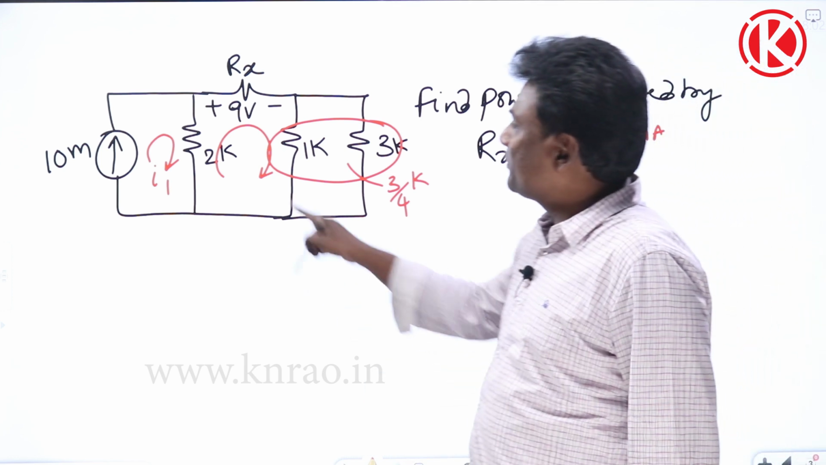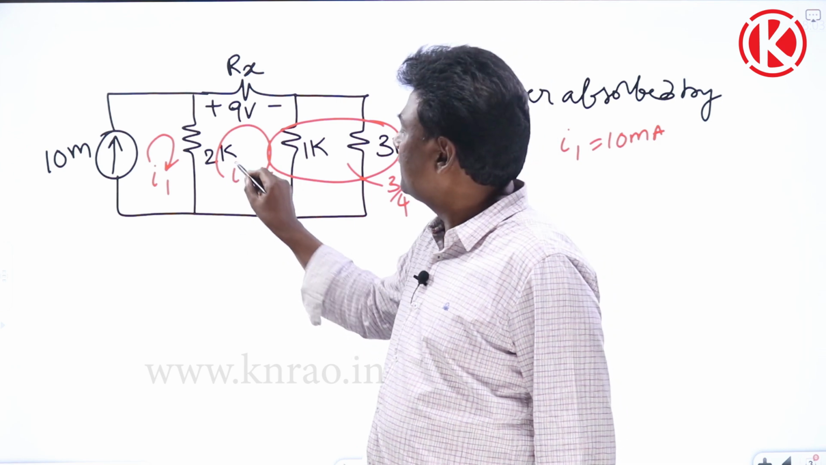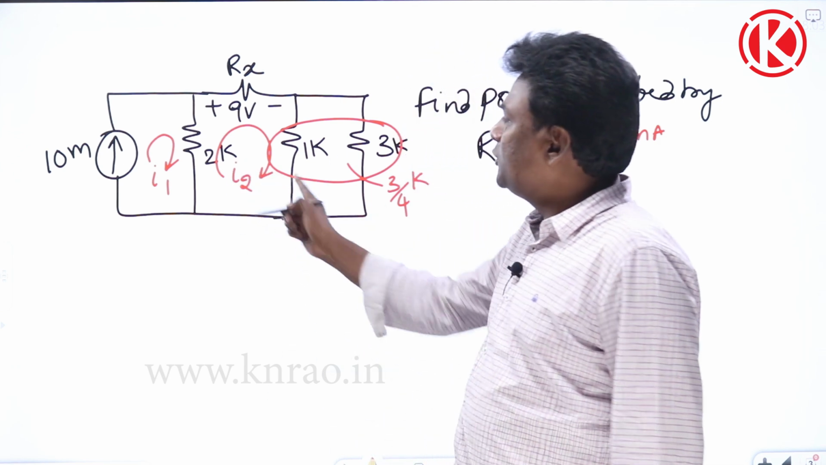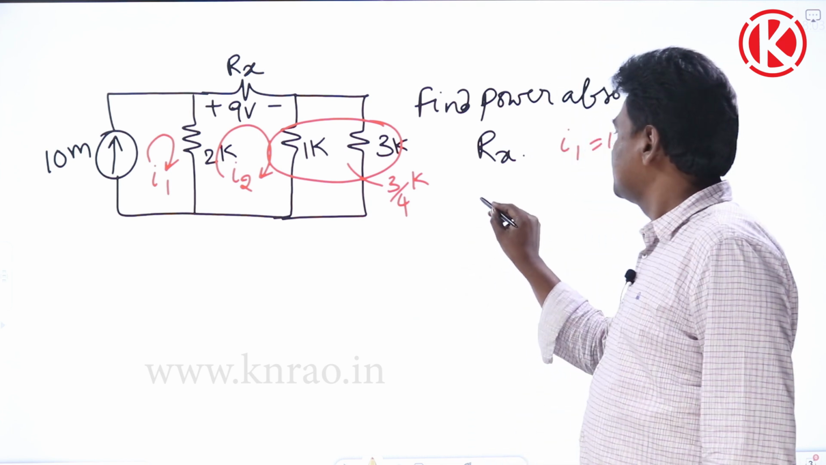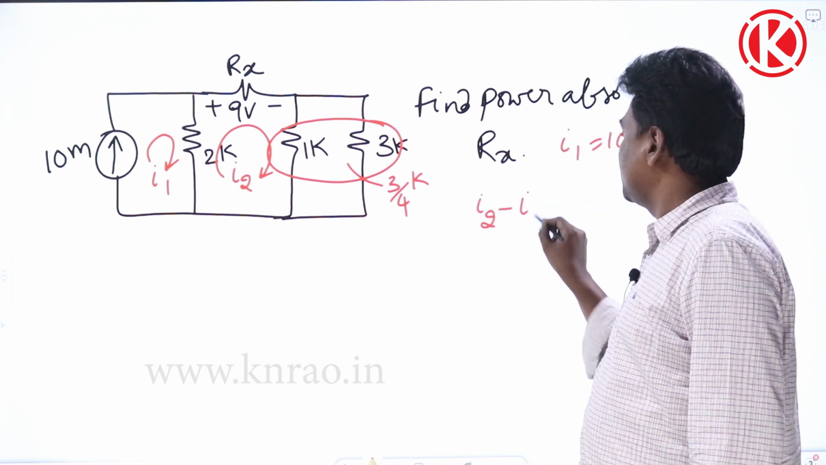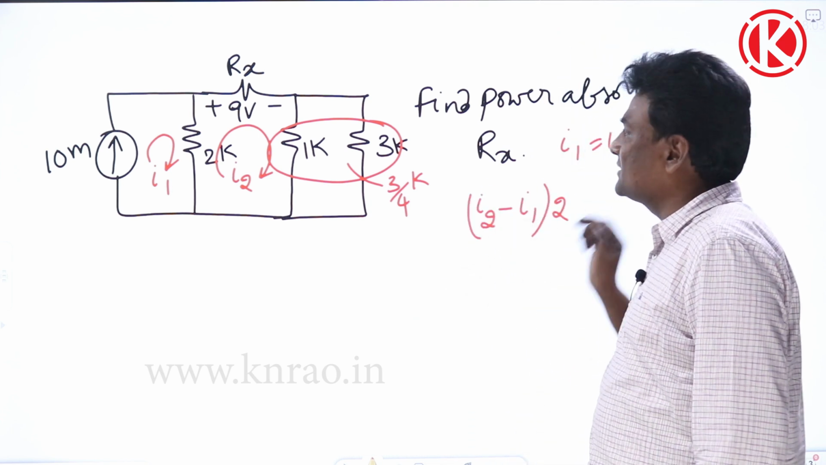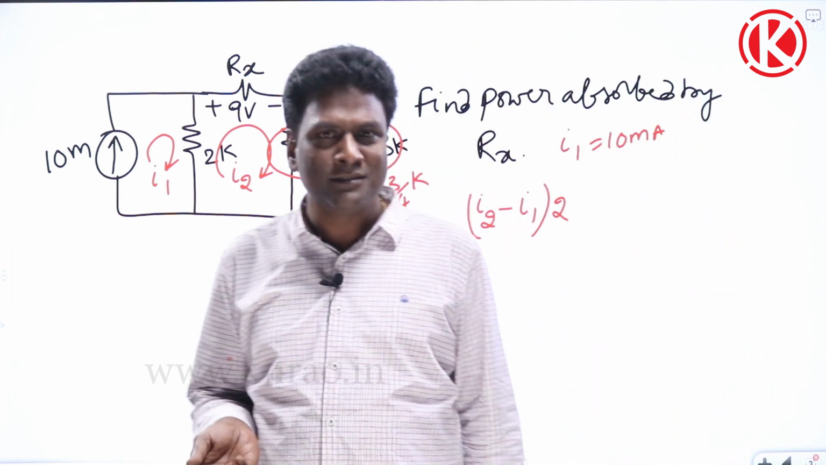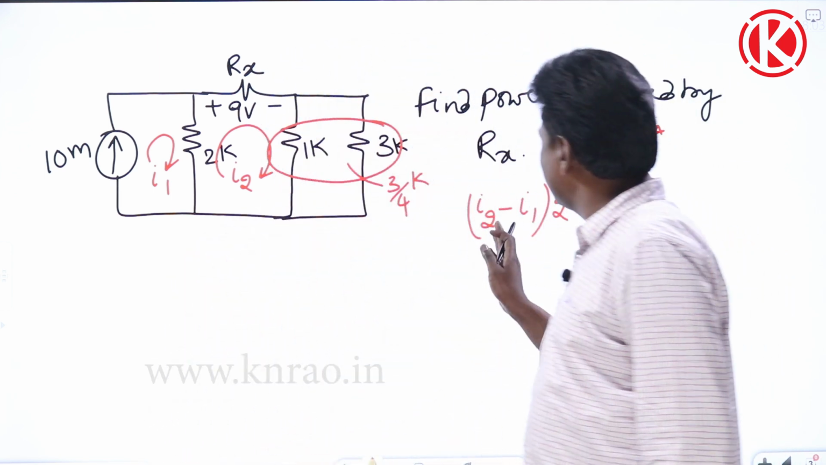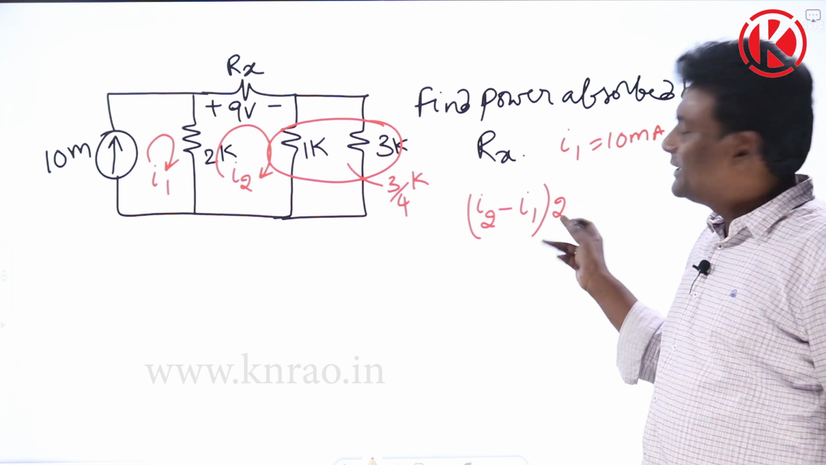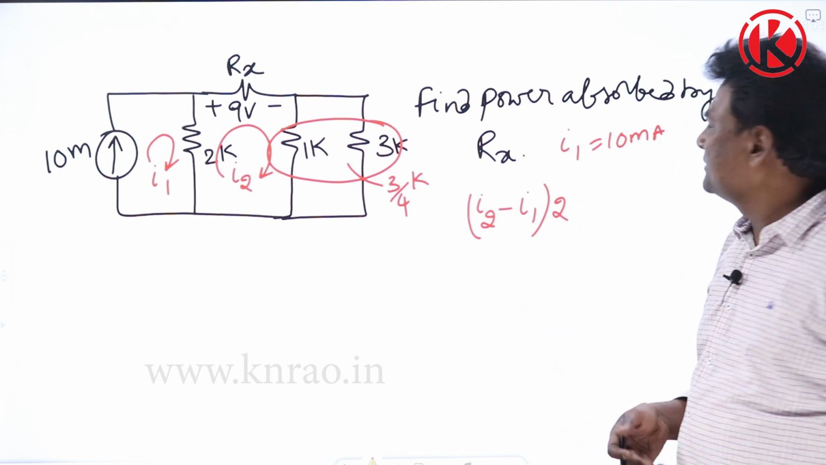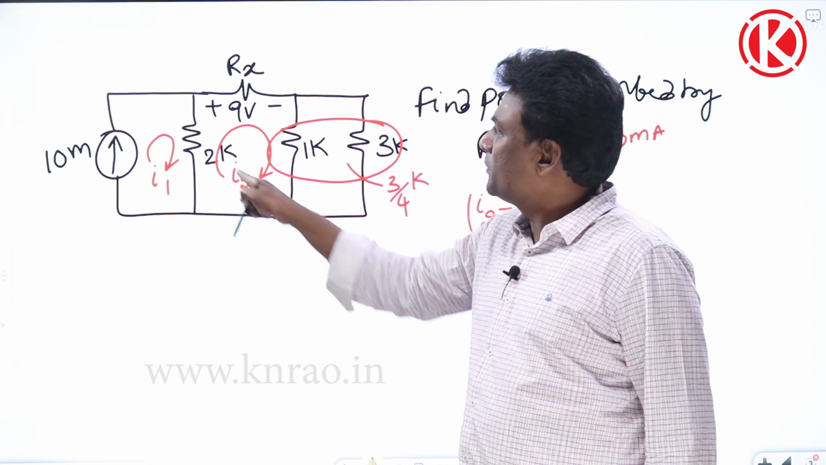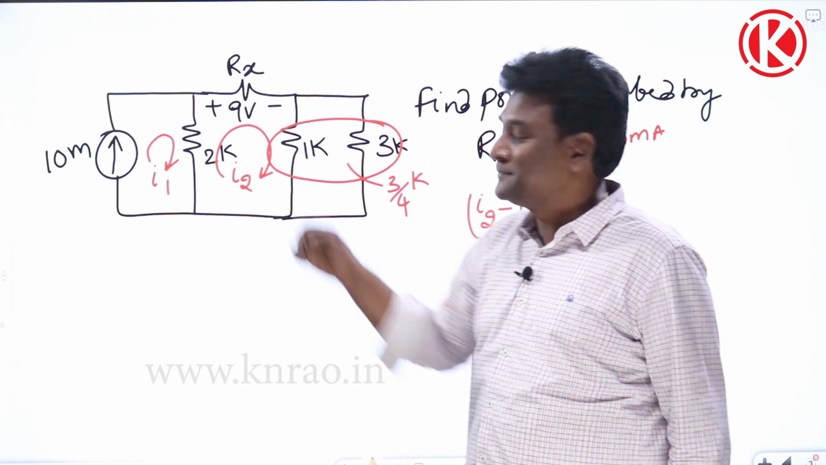Okay. Now, if you apply KVL here, I2 minus I1 into 2, because current is in milliamperes and resistance is in kilo ohms. So directly I need not write 2K and all. Directly current will come in milliampere. That's it. So I2 minus I1 into 2 plus directly I can apply 9